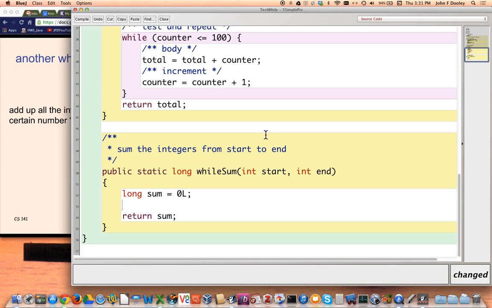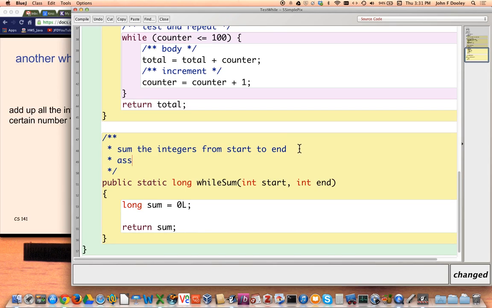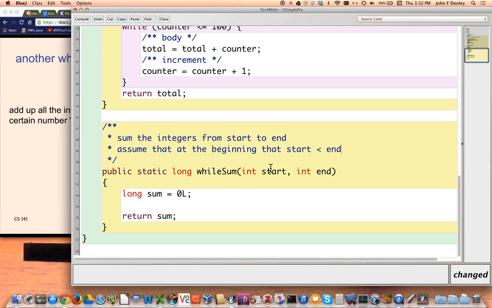Actually, we could use start as the counter, because we're going to assume, oh, that's something we should put in here, we're going to assume at the beginning that start is less than end. If that's the case, then start can be our loop control variable. And we can just say while start is less than or equal to end,